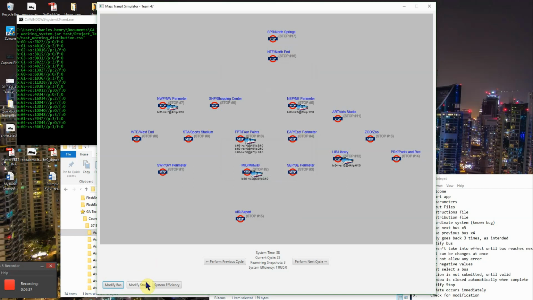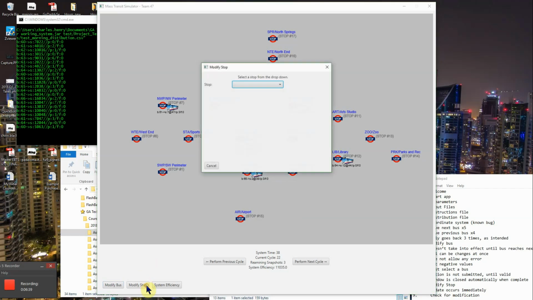Another thing I would like to point out is the modify stop. So again, if you'd like to modify a stop, you can do that as well. In this case, we're just trying to change the probability. Again, the probability is loaded initially through that comma separated vector, but you can also change it here now. Now, unlike the move bus, which will wait until the next stop and then take effect,